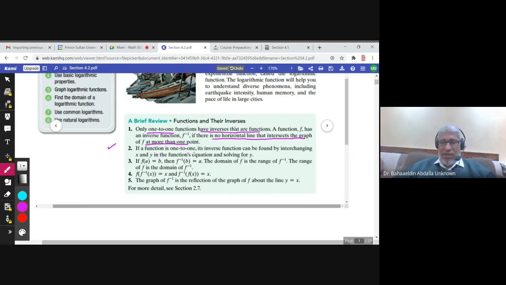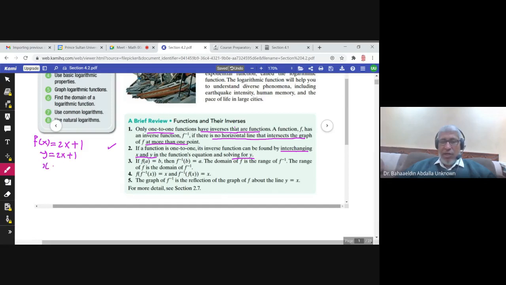Now, how do we find the inverse? We interchange x and y. So we write x in the place of y and y in the place of x, and then we solve for y. For example, if y equals 2x plus 1, this is a function. Let me write it as f of x. If I need to define the inverse of this function, I call it y,